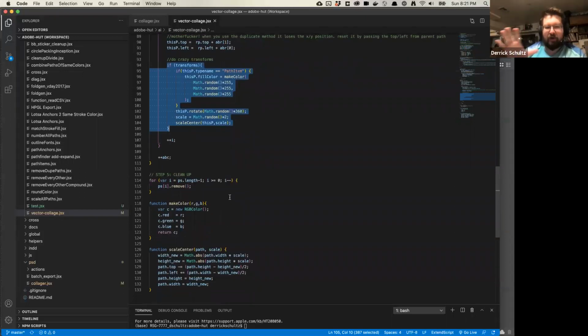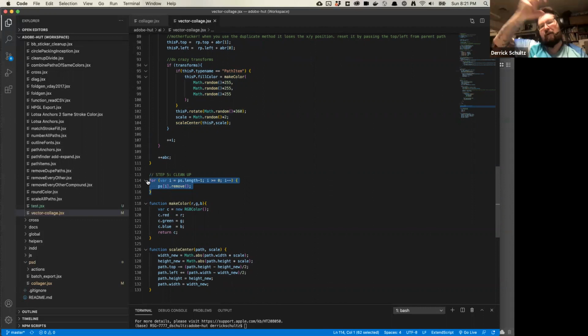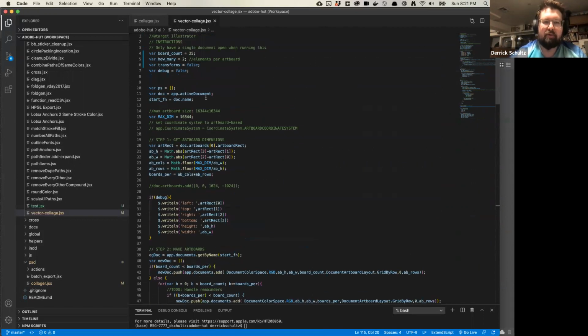Once we've done all that, we're going to need to clean up our files, which is a whole other thing. We're going to need to remove some stuff from the previous artboard. A pretty common thing you'll see in Illustrator is that you have to move stuff around by duplicating it and moving it, and then you need to go back and clean it up before you're finished. So with this in mind, let's go ahead and run this script. Again, I don't need to run this in the debugger because it works for me. I'm just going to hit Control P and then hit Illustrator, and this should just pop up Illustrator for me.